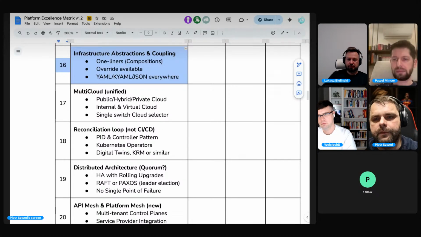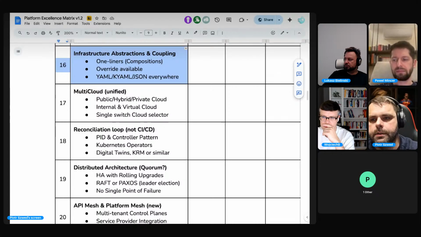So the platform, on one side, allows me to abstract all the resources in the most simplified way, which is about one-liners. But on the other hand, it knows what kind of components are building particular blocks or particular resources in our infrastructure, right? And I think these two are mandatory. Any thoughts on that?